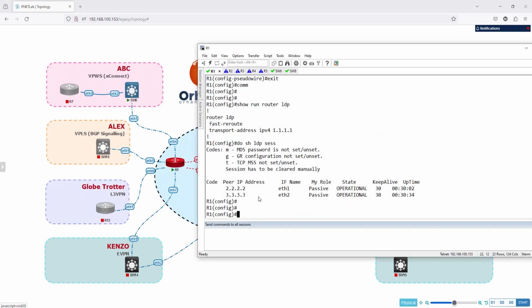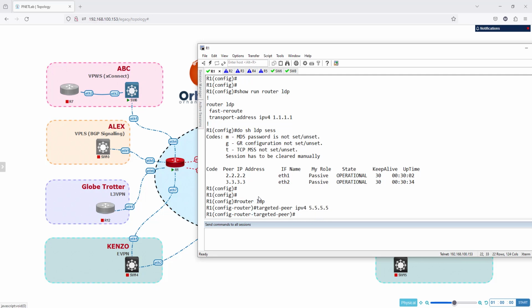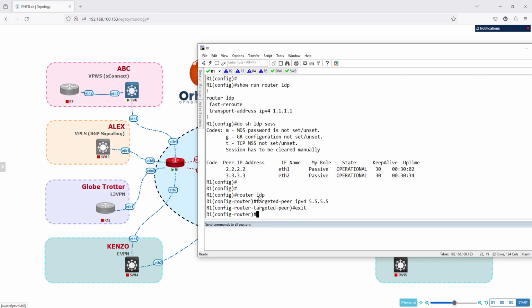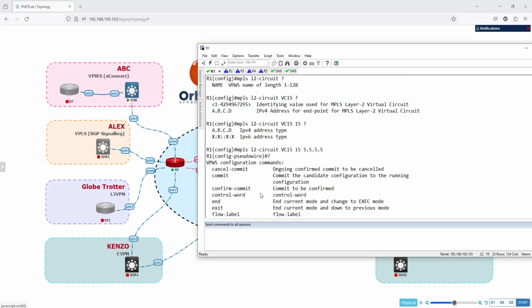I'm going to say router LDP, and I'm going to say a targeted session is going to be created between this and 5555. So that part is going to be done as well. And let's commit this part. So let's do the same thing on the other side. I'm going to just copy this one. And on router 5,